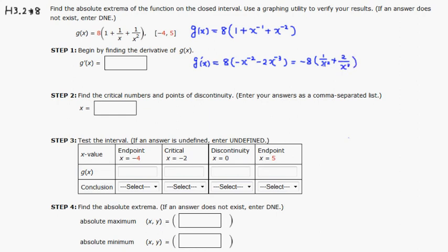Then I'm going to go ahead and combine this so that it's a little easier to see. So it's going to be negative 8. And the common denominator would be x cubed on the bottom. So you have to multiply top and bottom by x to get x and plus 2. Right? So the derivative is just